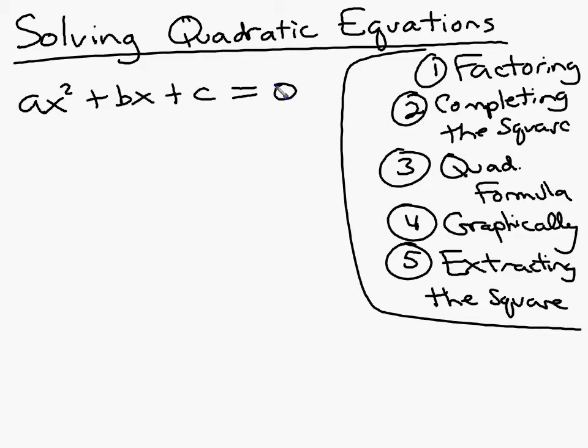Okay, the highest power of x is 2 in a quadratic equation. So if I don't have an x squared, then I don't have a quadratic equation. If my highest power is just an x, then that would be what we call a linear. All right, so we're going to get right to some examples here,